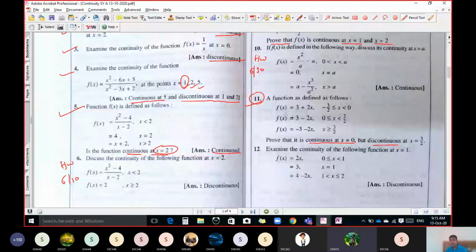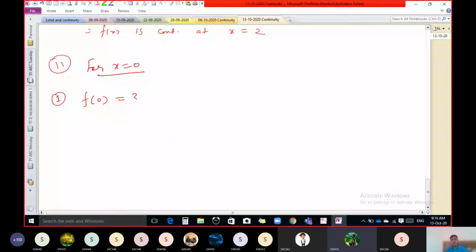Second one. Correct, the second one, because the second one is applicable when x is 0 or more than 0. So this is applicable for 0 or more than 0, and our x is 0 here. So the function when x is 0 is 3 minus 2x. In that, put x equal to 0. The answer is 3.